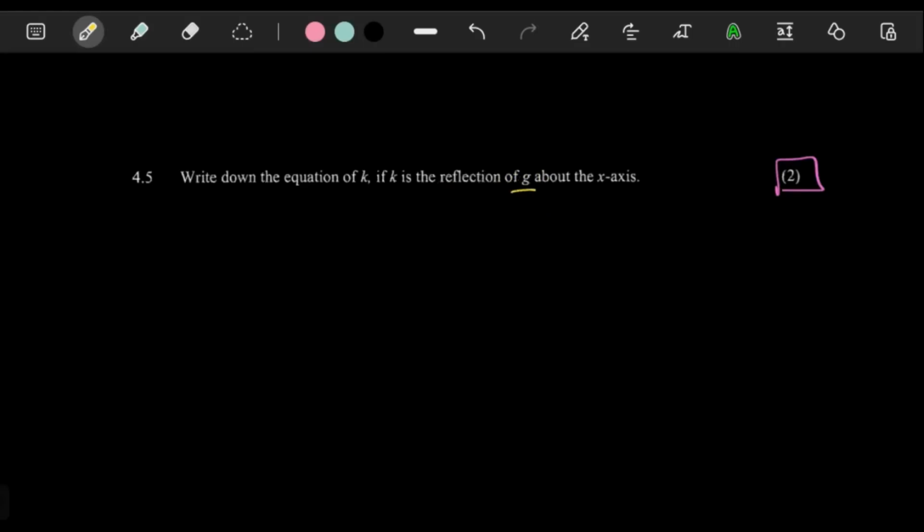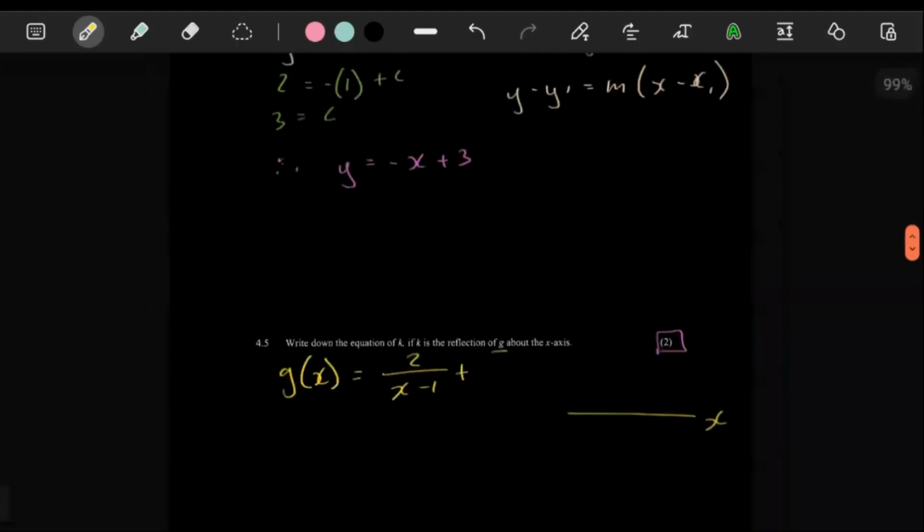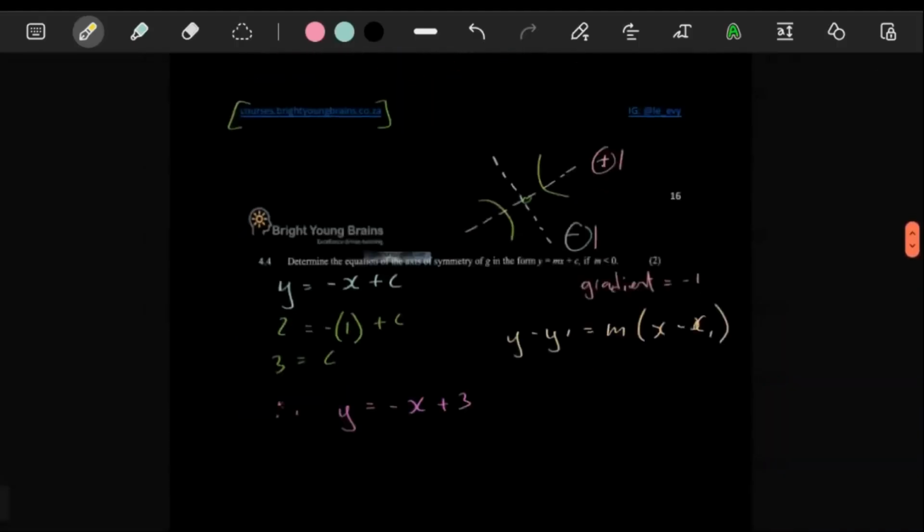So for anything reflected about the x-axis, your y values are what changes. The equation of the graph of g, remember, it's 2 over x minus 1 plus, was it plus 2? Yeah, I think it was plus 2. So because we know this is the original equation,